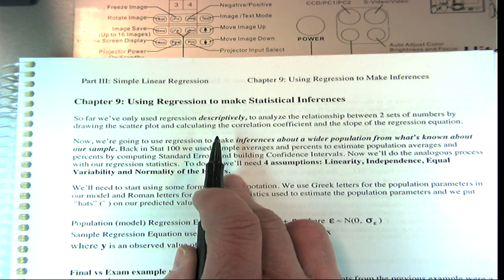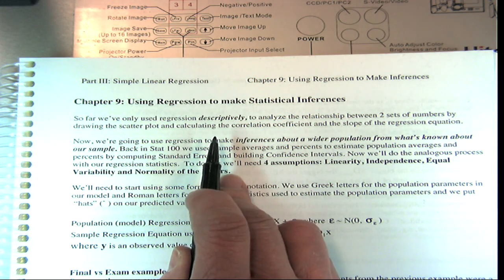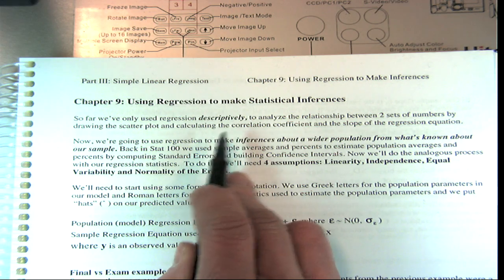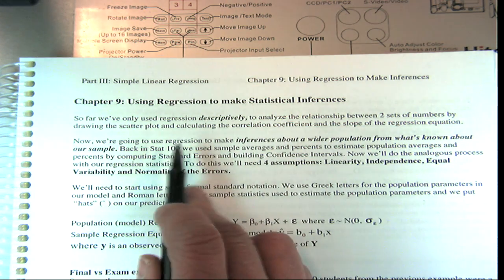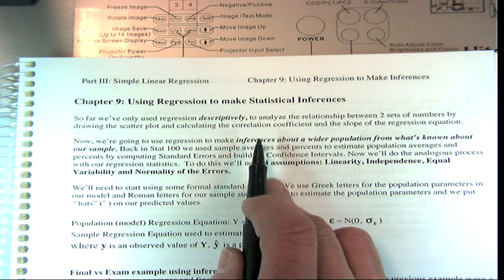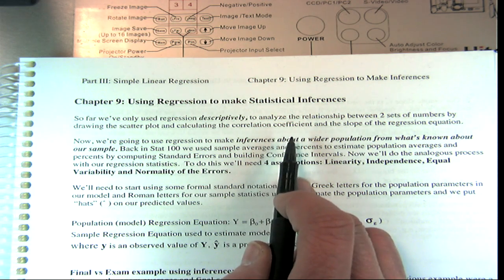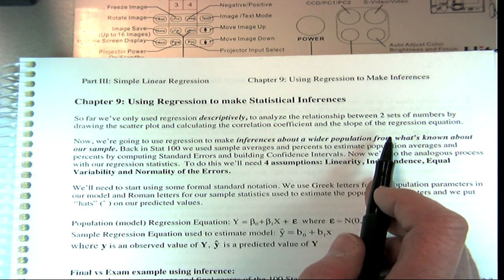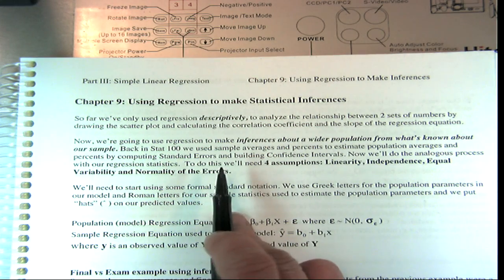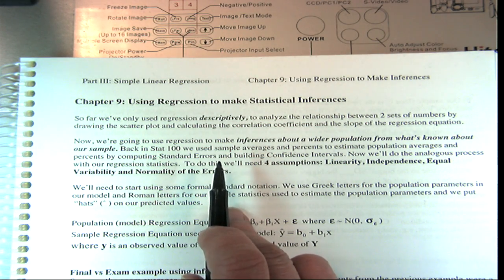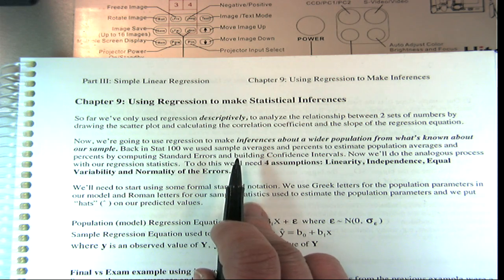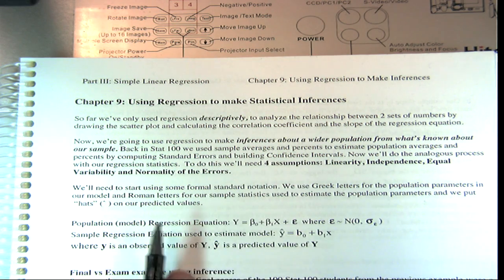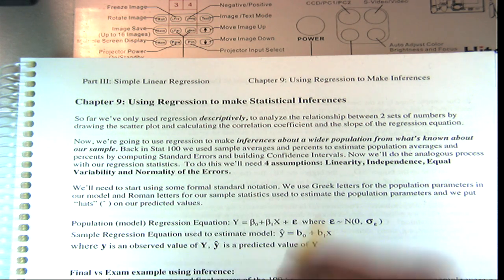Back in Stat 100, that's all we did, and in most AP Stats classes, that's all you do. I mean, in most first semester Stats classes. You just analyze the relationship between two sets of numbers by drawing the scatter plot and by calculating the correlation coefficient R and the slope of the regression line and the y-intercept, right? But now we're going to use regression to make inferences about a wider population,